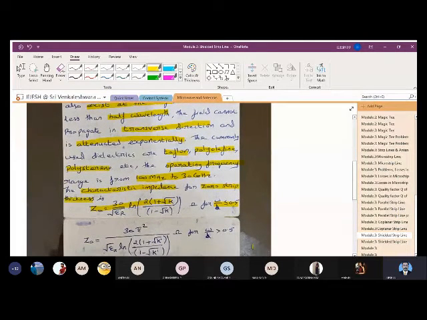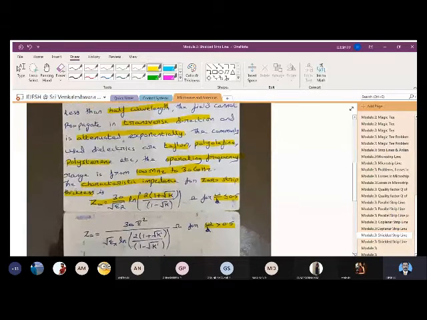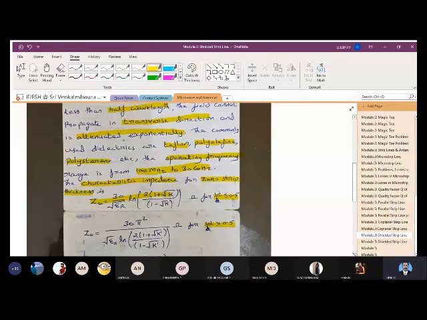So if one more case is there, this is what we are going to see: W by D less than 0.5. It's not that every time you will get the W by D ratio less than 0.5. If you are getting it, this equation holds good for that. But if the W by D ratio goes beyond 0.5, it's very important for you to find out, before doing anything, which equation you have to use in problems. So it's very important to find out the W by D ratio, and you should not get mixed up with that. You should use the precise equation for the problems.